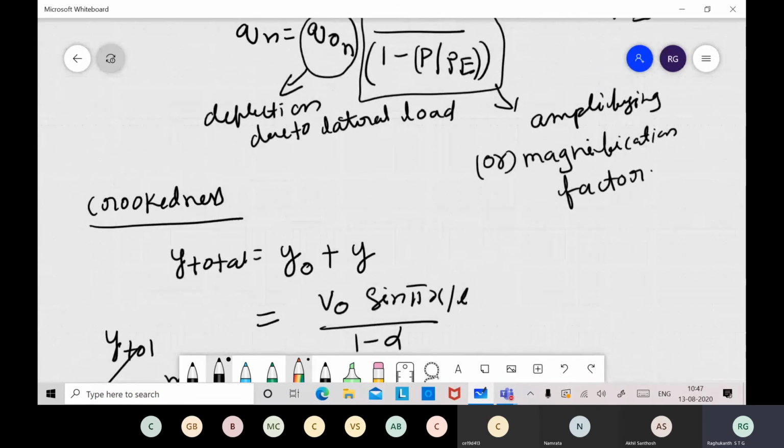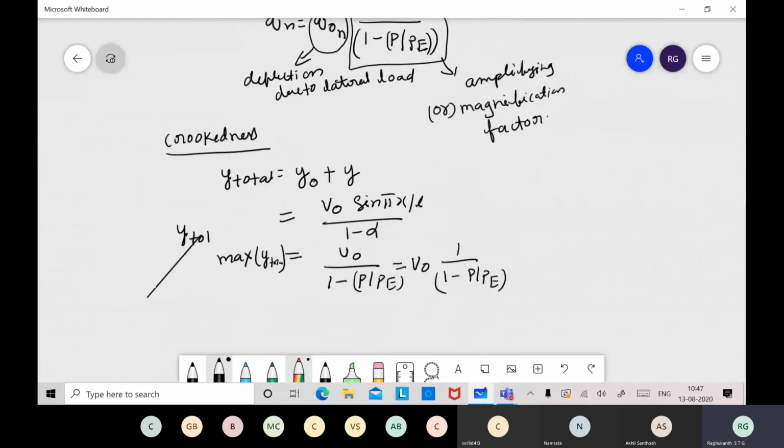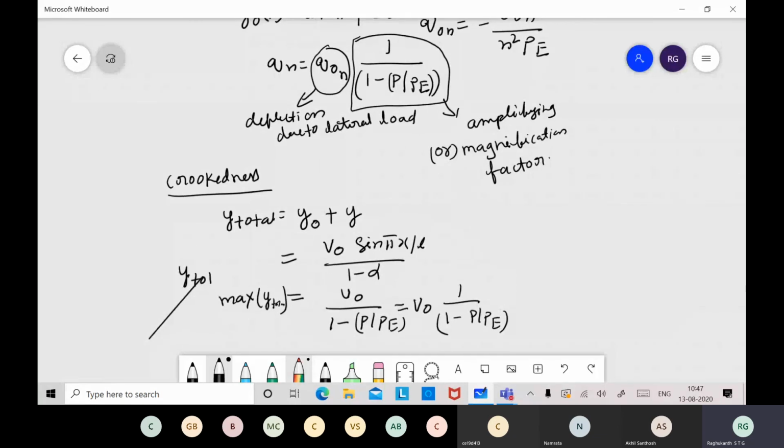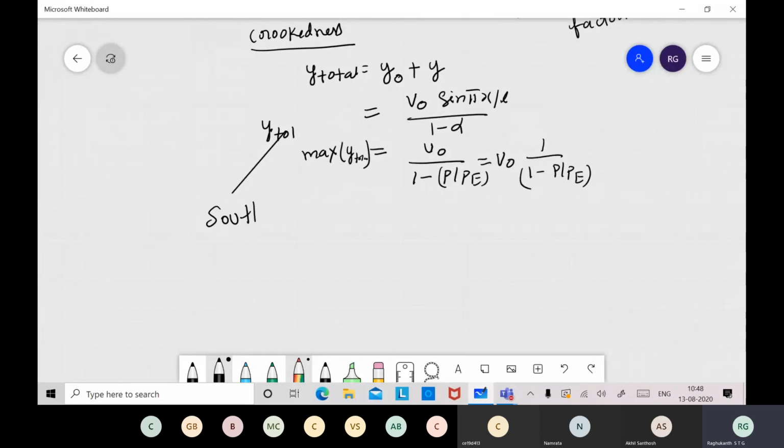Now if you compare these two, for the lateral load and for crookedness, both the expressions are exactly the same. You followed? There also we used a Fourier series expansion. Here also we are using a Fourier series expansion. So when there is a lateral load, it is the same as when your column is initially bent itself. Both the derivations are exactly the same. And then in our lab, based on this you would have done the Southwell plot also. You remember, all of you would have done it in the lab. So this also comes from the same derivation itself.